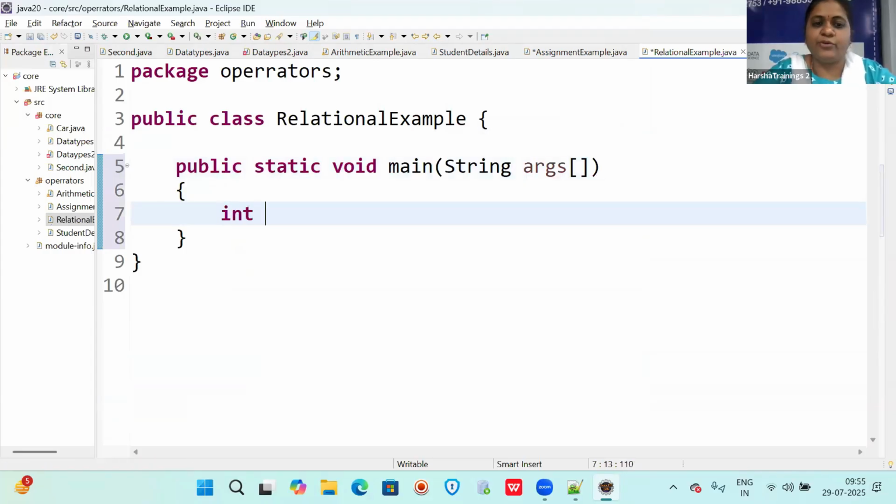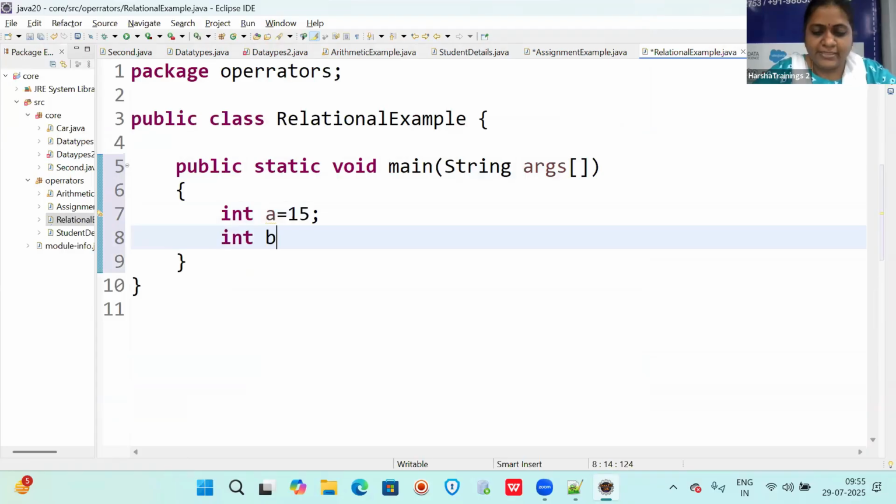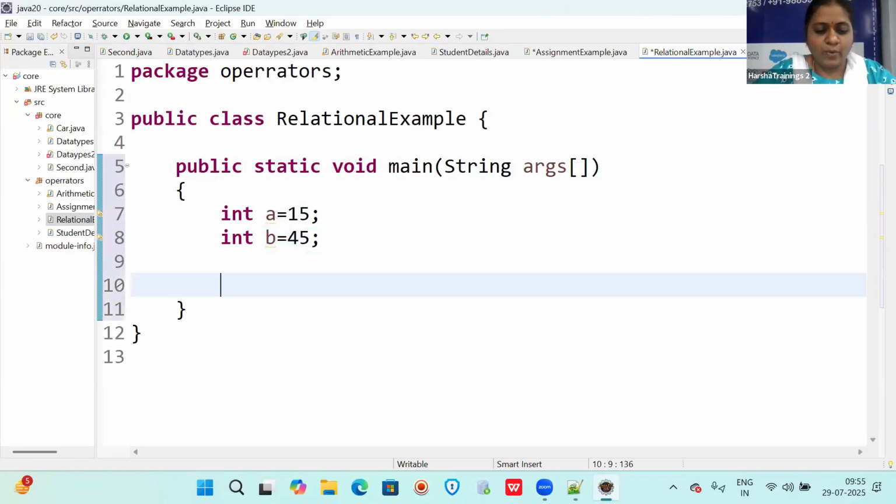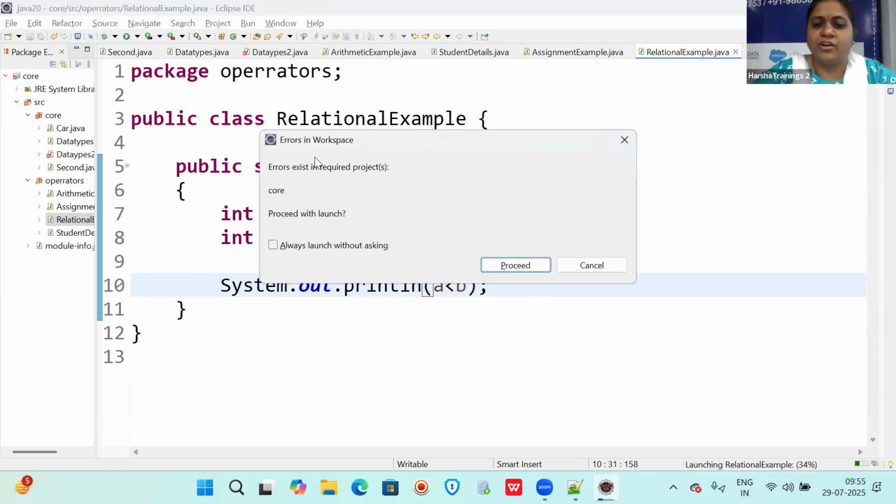And here I'm going to write a few variables, like directly I took int A is equal to 15 and int B is equal to 45. Now I'm going to write directly in System.out.println A less than B. Means you're checking whether A is less than B or not.